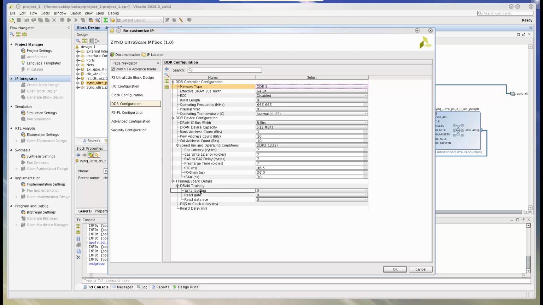DRAM training: if this option is enabled, the DDR controller performs a PHY training after reset. Write leveling enables write leveling calibration, which adjusts the write DQS relative to the DDR clock. Read gate enables read gate calibration, which adjusts the valid read DQS window. Read data eye enables the read data eye calibration, which adjusts the read DQS to the center of the read